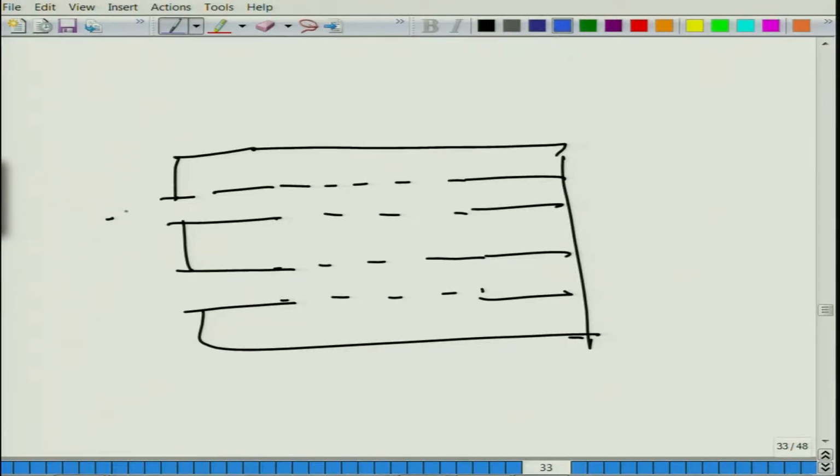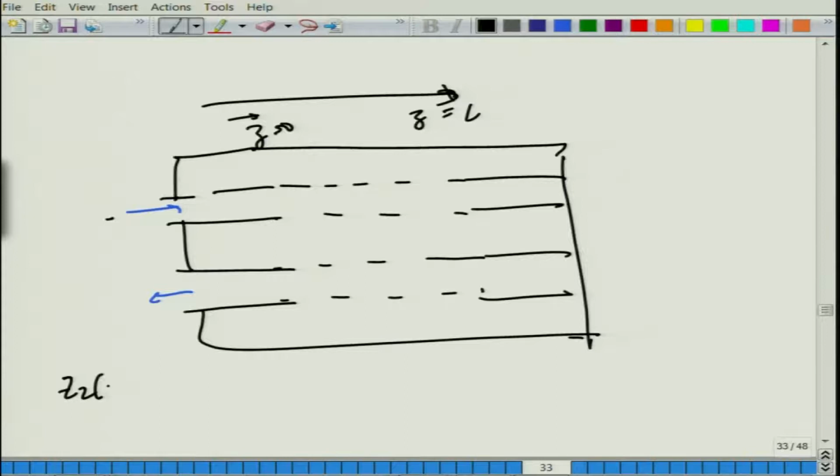So, the flow goes in here and it is like this. At this end, let us consider this as z equal to 0 and this as z equal to L. Okay. So, this is what it is. At z equal to 0 we have the following boundary conditions which are relevant to this particular configuration. So, this is duct 2, 1 and 3.